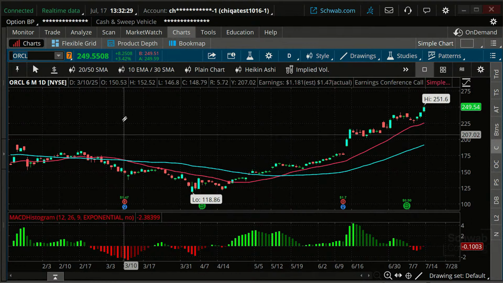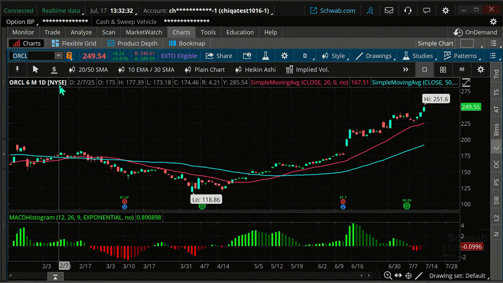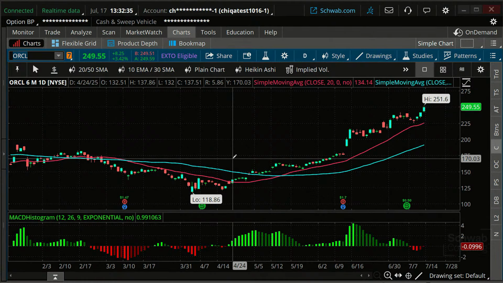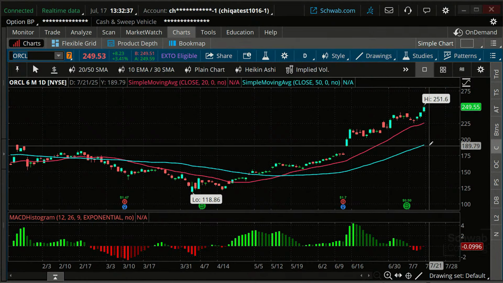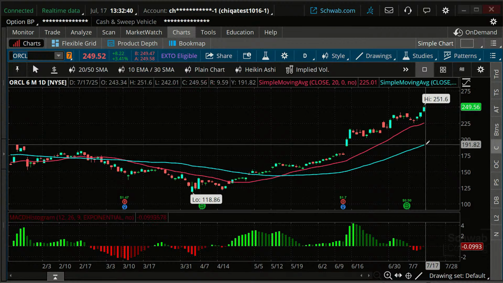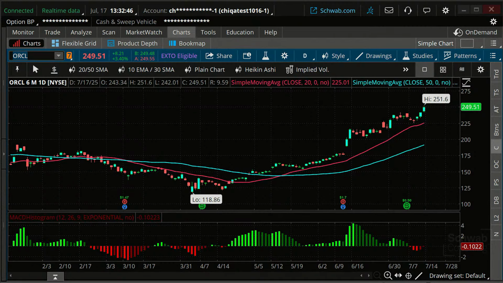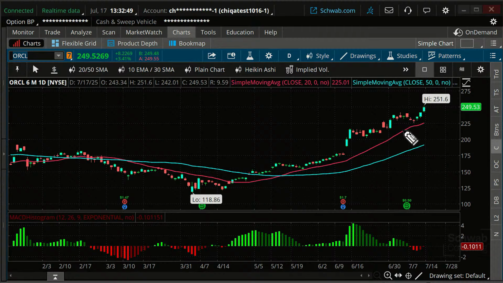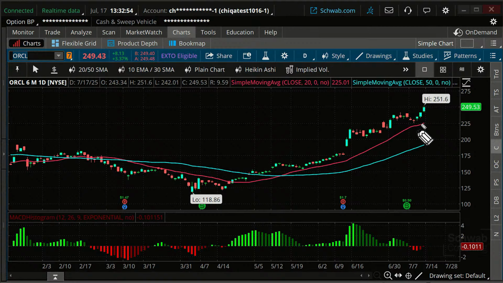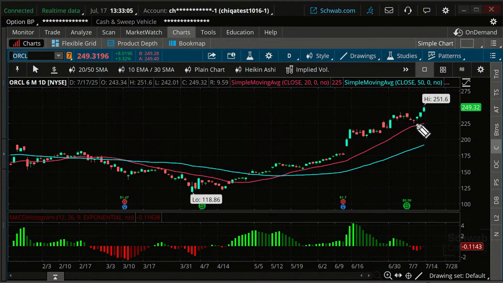So, good question in the chat. Someone asks, is this for swing trading? Not necessarily. This scan could be for swing trading, absolutely. But could you enter a trend trade based on this scan? Absolutely. And for those of you who aren't familiar with those terms, swing trades are shorter term trades where we try and get in and ride that momentum up. Well, yeah, this scan would be perfect for that. I'm not saying the results will always work out. I'm just saying this is the type of scan you may use to find a stock that's swinging up for that swing trade.